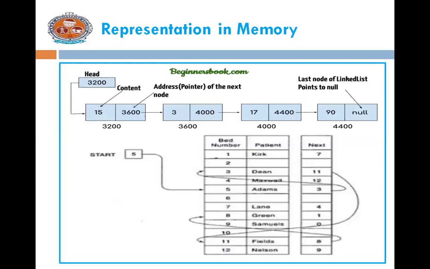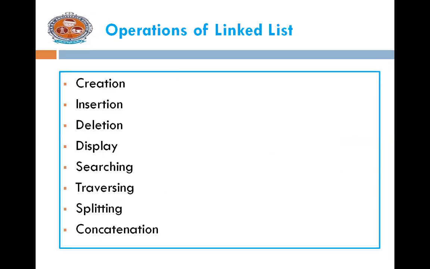Whenever we give the address of the next node, there is a link between the first node and the next node. Like that, the links are maintained throughout the list between all the nodes. Whenever we are using a linked list, we can perform certain operations on the data in it. The basic operations on a linked list are creation, insertion, deletion, display, searching, traversing, splitting, concatenation,